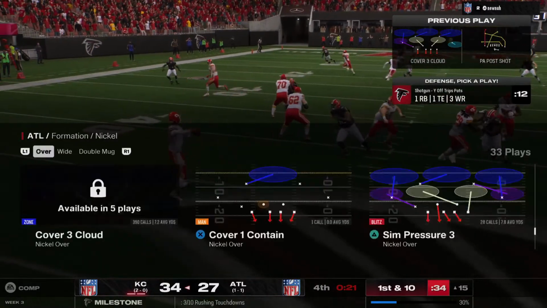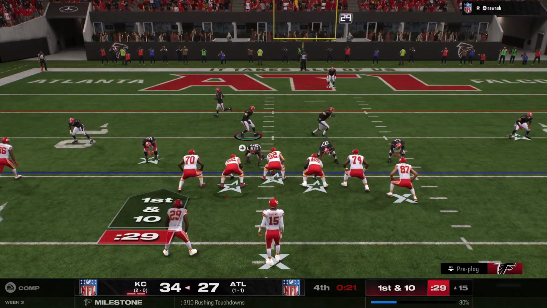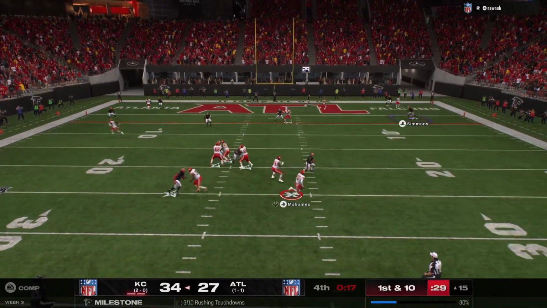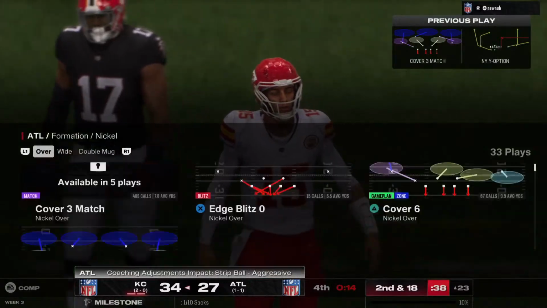These guys certainly are not hiding what their intention is. They're absolutely showing it. They're definitely not going to sit on this lead here in the fourth quarter. Interesting. Mahomes wants to throw it. Eluding the pressure right. Oh, he just needed to throw it away, but instead, out of bounds he goes, and